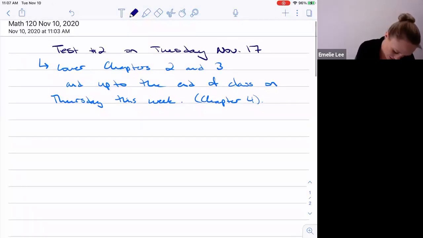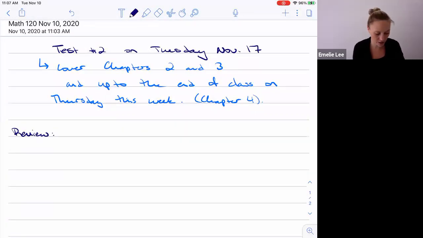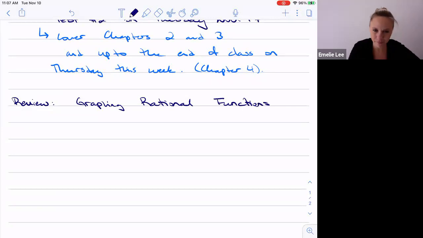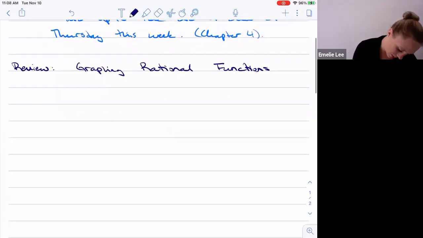so for some review, we were graphing rational functions. And so we were given some step-by-step things that we needed to do. The first thing we had to do was to factor the numerator and the denominator. Remember, a rational function is a polynomial over a polynomial. And so the first step is to factor